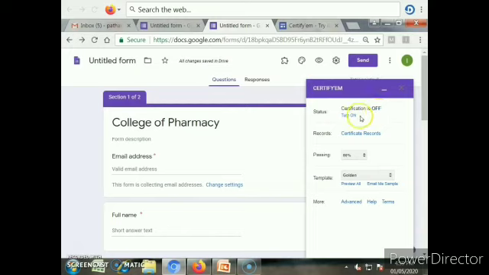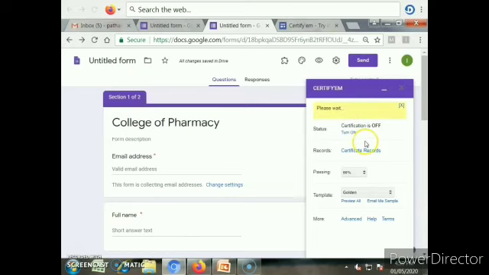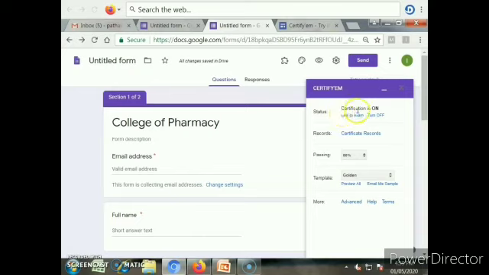When you have to give the certificate, you have to turn it on. For example, we'll turn it on. Now the status will become certificate is on. Next is the certificate record.